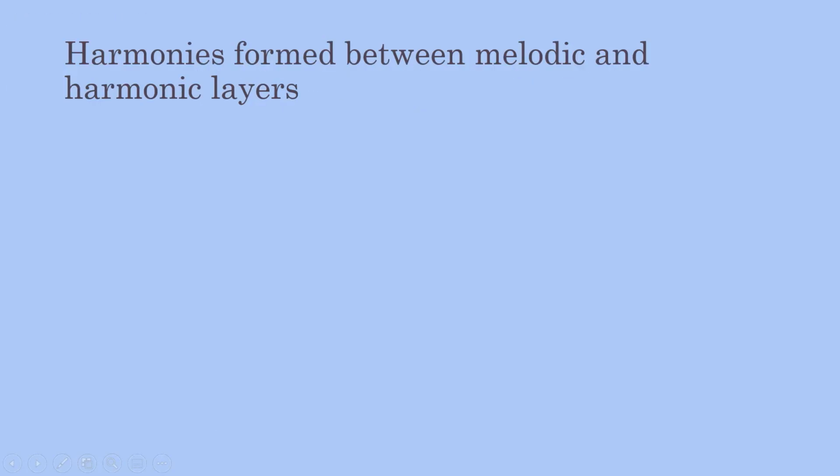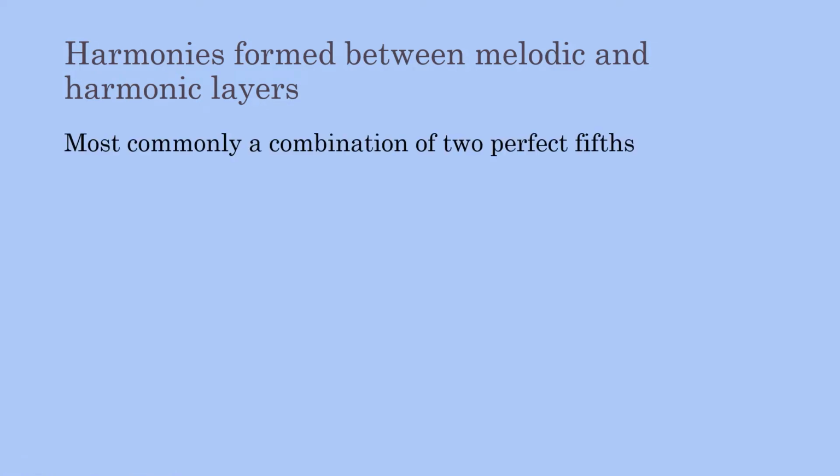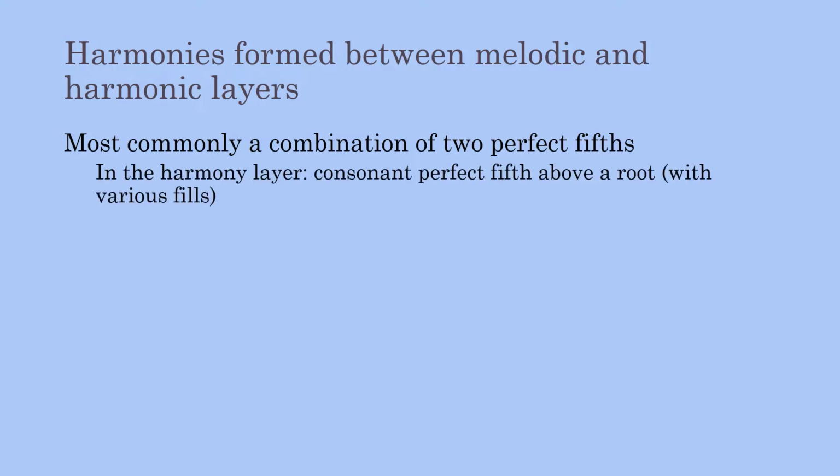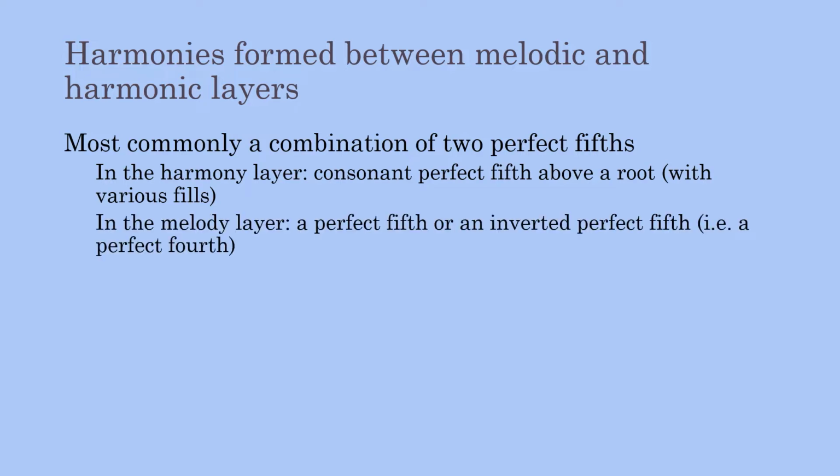What sorts of harmonies are formed between the harmony and melody layers? In the most common situation, both harmony and melody are framed by a perfect fifth. In the harmony layer, a chord framed by a perfect fifth, filled in various ways, and a tune in the melody layer that is either also framed by a perfect fifth or has a frame that inverts a perfect fifth